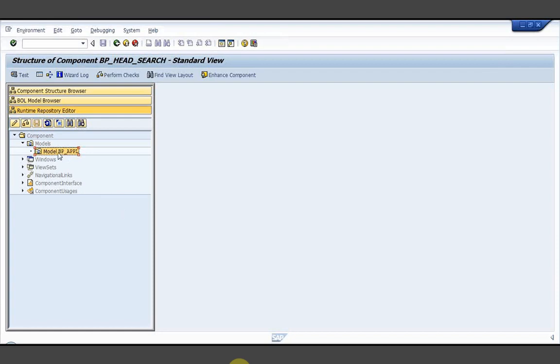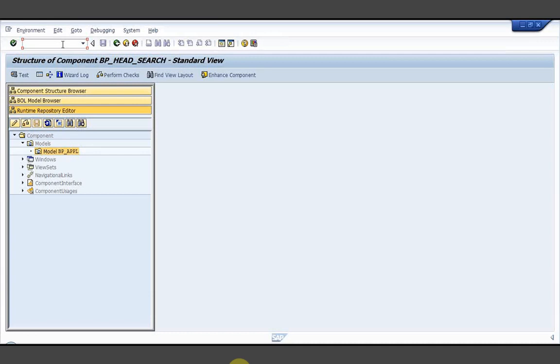Yeah. So now this BP underscore APPL is a component set, not a component. That we need to remember. Okay. Anyhow we would be working with the component set and component creations in a later session, but to get a complete picture, this is a search page from which we got a search result, so which component set is responsible.